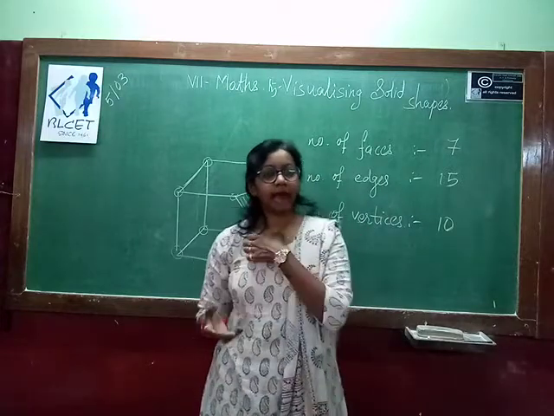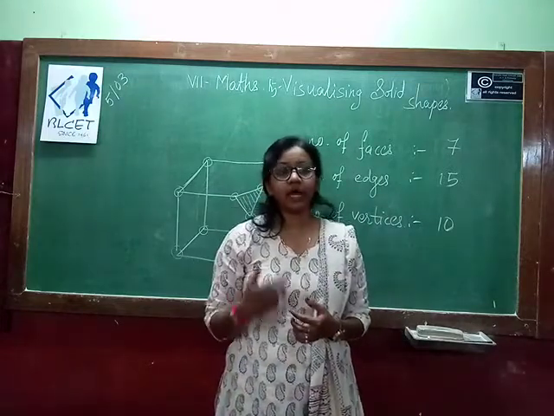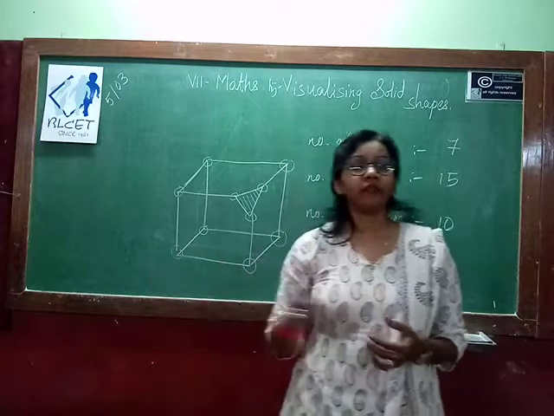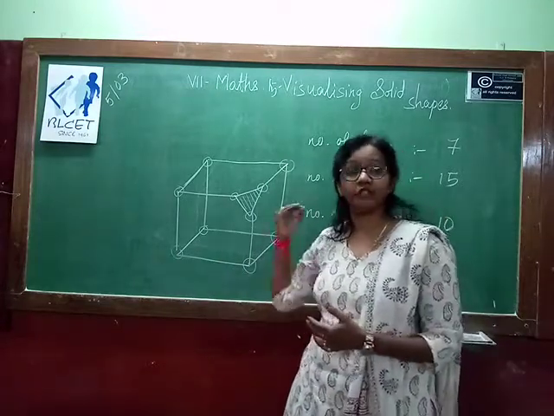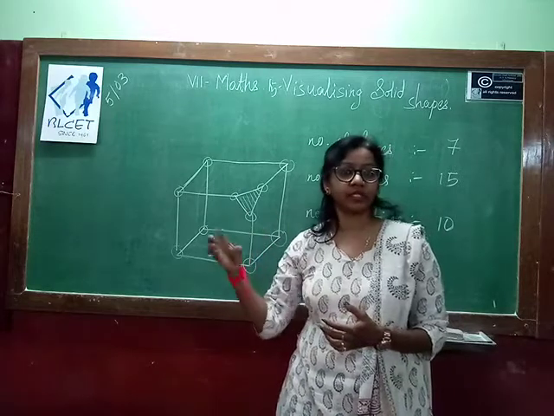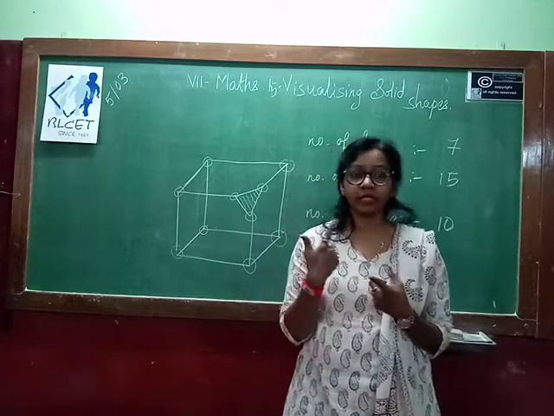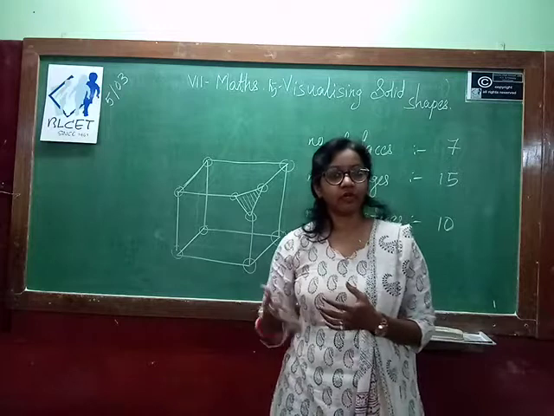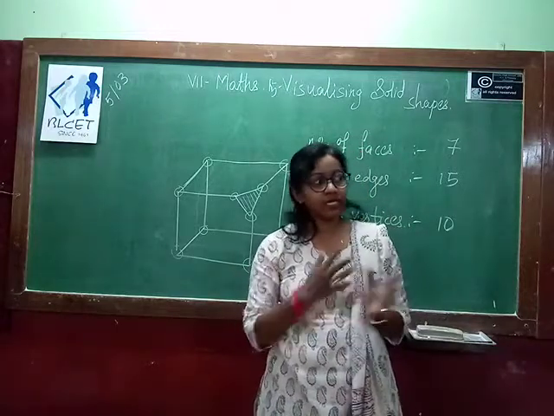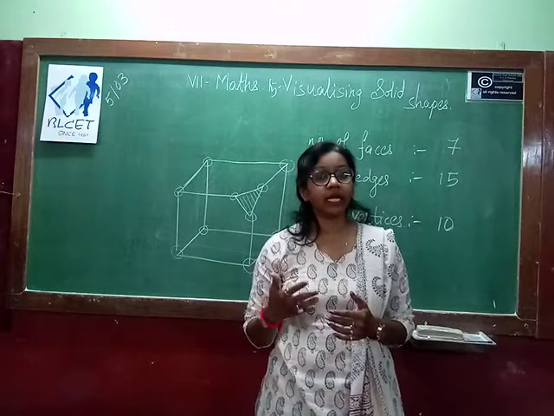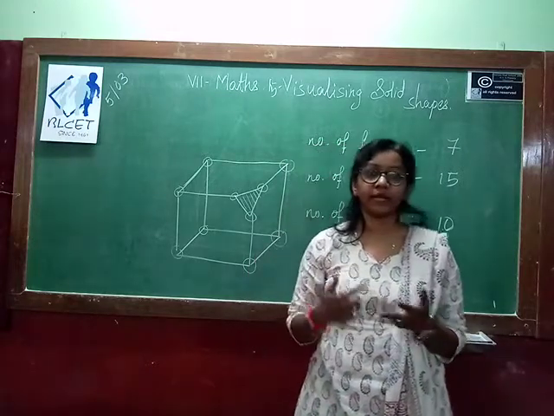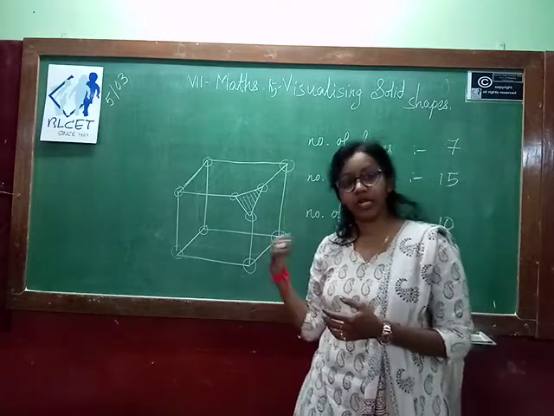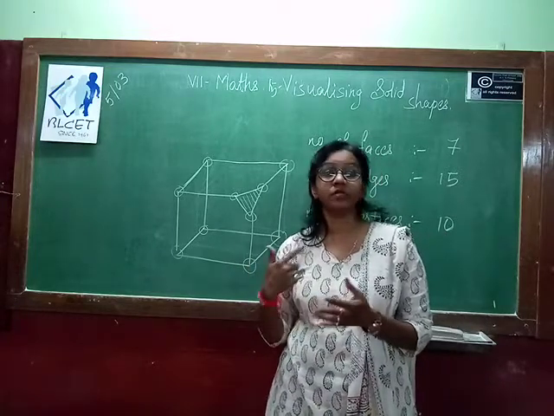So in the project I have asked you to list out 10 building structures or monuments from all over the world in which this kind of geometrical shapes are used in the construction of that particular building. Maybe it can be in the shape of rectangle, square, triangle, pyramid, cuboid, cube, sphere. So these are the basic geometrical shapes which you have already learned from the lower standard, that is square, rectangle, triangle. In our higher standard you have learned 3D shapes, that is cube, cuboid, sphere, cone, cylinder.